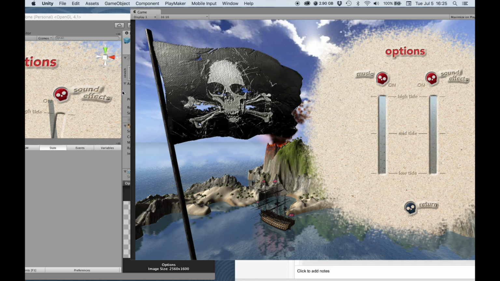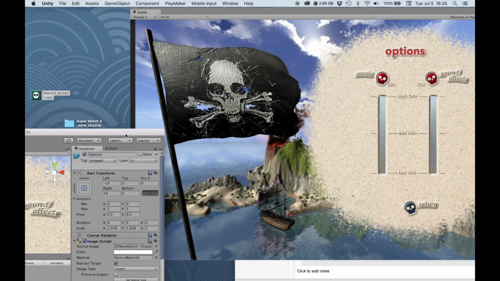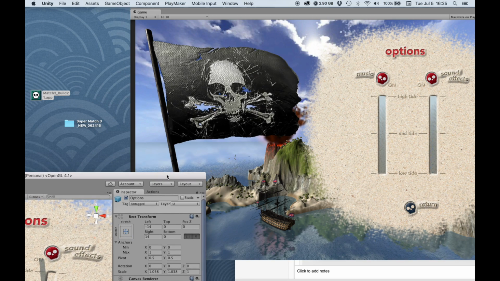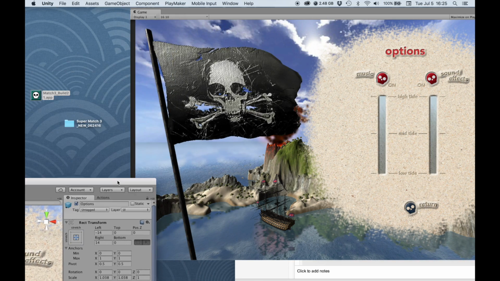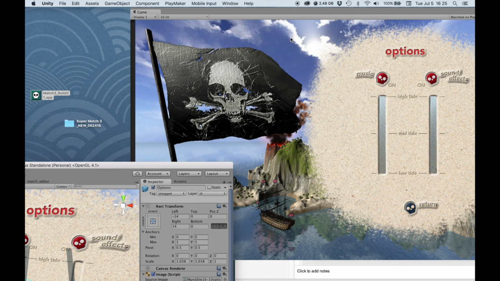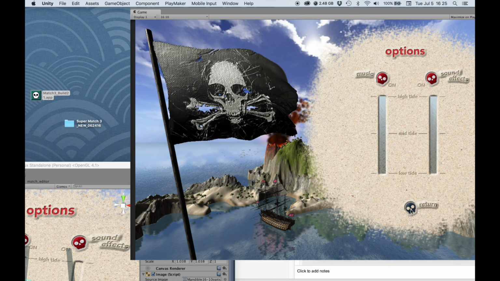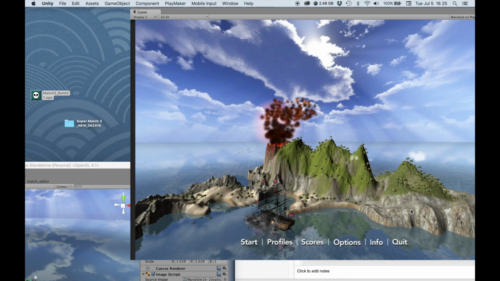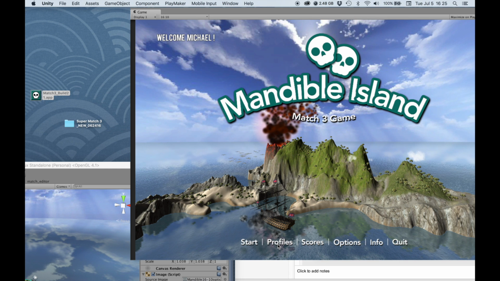It comes from the same source as the flags that are attached to the ship. It was an asset that I purchased with the animation built into it. I think it looks really great, and it has this effect where when I press one of these menu buttons,